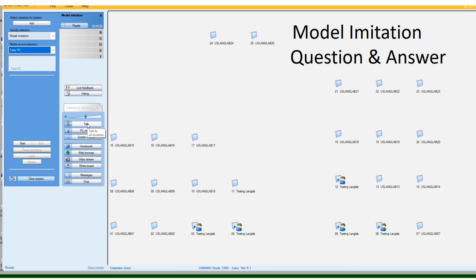So at this point I say, okay, listen guys, you're going to hear something that I have playing on my computer, and please translate what they are saying. Okay, so listen closely and then translate what they're saying. So here we go. Then you hit start, and in this case you will have to hit play on the audio or whatever you want them to hear when you hit start,